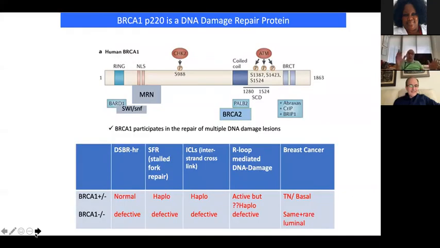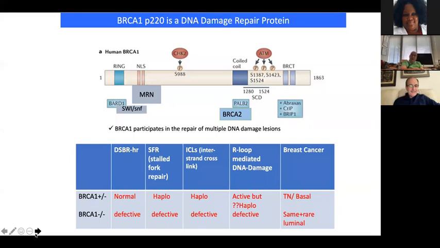All right, here's a little follow-up and a summary. So let's talk about DNA damage repair. I scrawled on this little sheet of electronic paper a diagram of the sequences and domain structure of BRCA1 P220. That's the tumor suppressor. And you can see there are a bunch of bound proteins that are referred to. A protein called BARD, which is actually a cousin of BRCA1 itself. The MRN complex, famous for participating in a very important early set of steps in homologous recombination of double-strand breaks